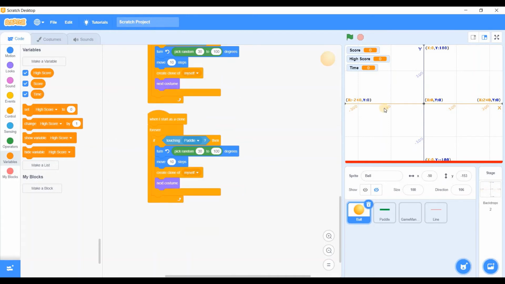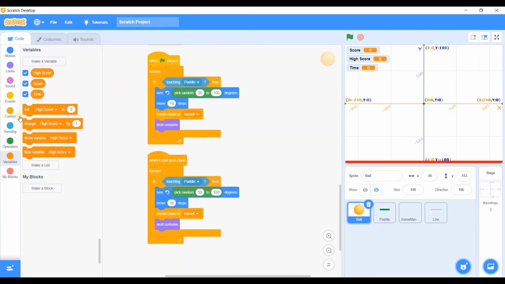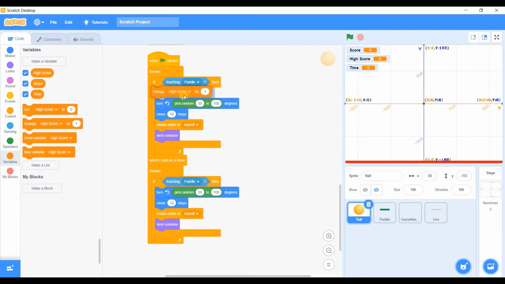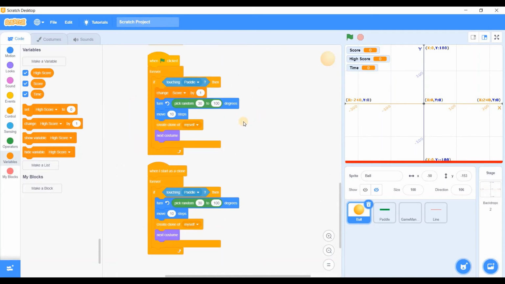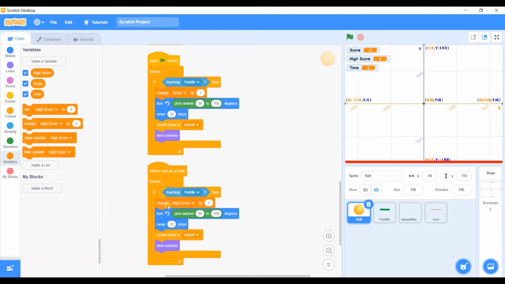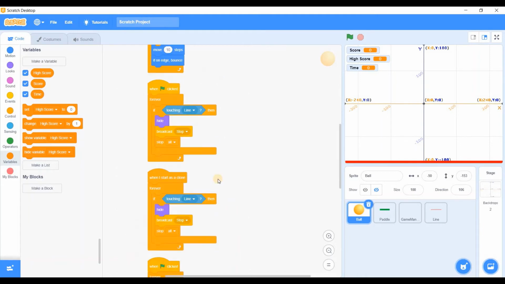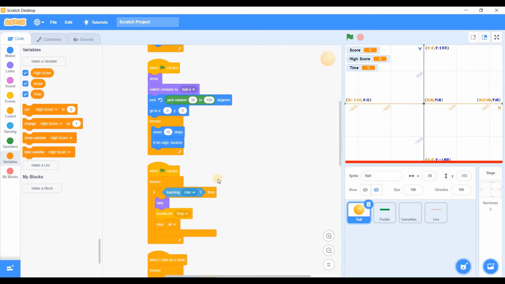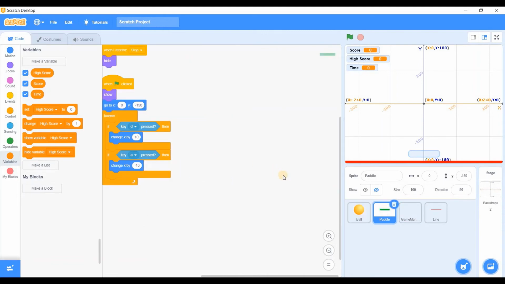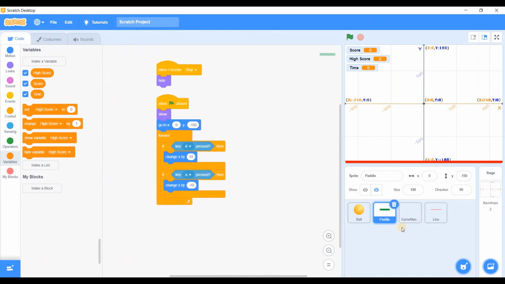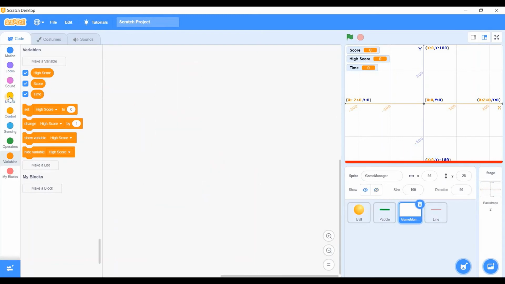But first, before we do anything with the game manager, when touching paddle, we need to change score by 1. As soon as it touches paddle, change score by 1. And yes, so here, now with the game manager here,